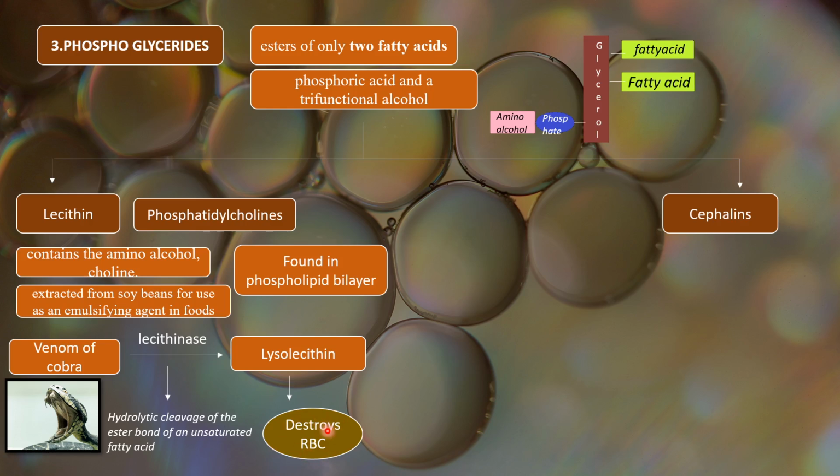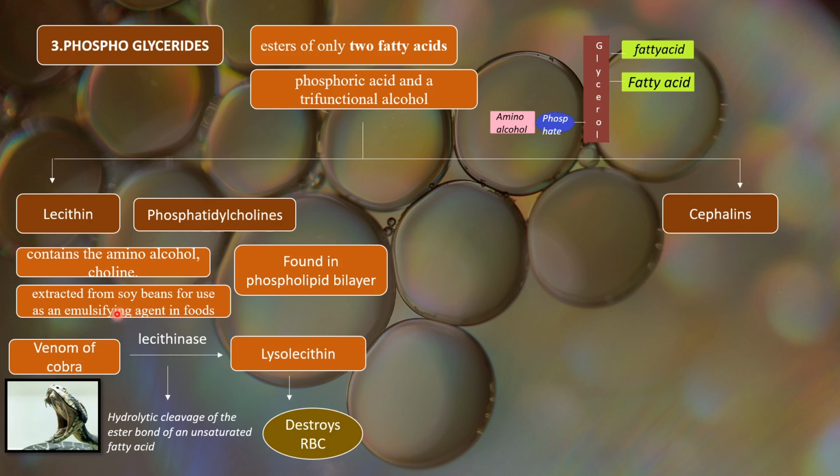When the RBC gets destroyed, this leads to death of the person. So this is how lecithin is a known compound in the venom of cobra,